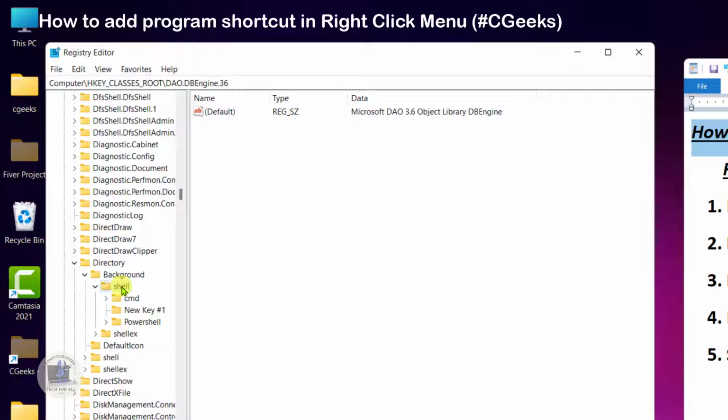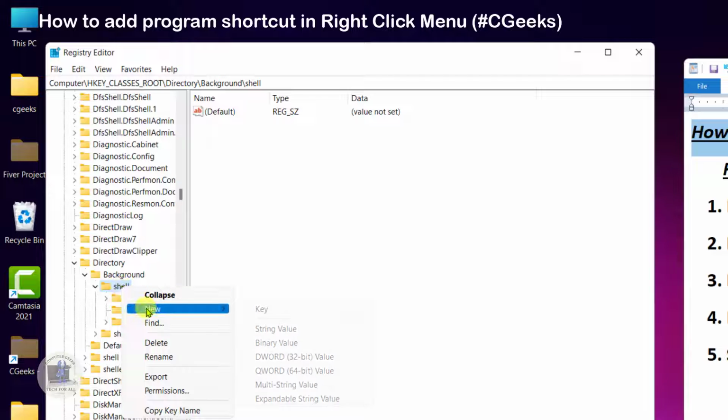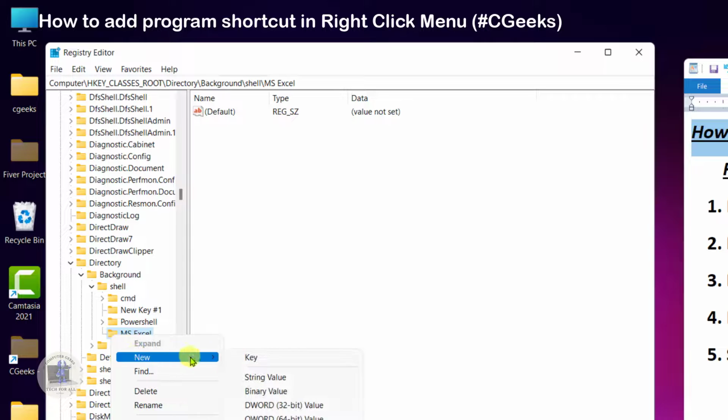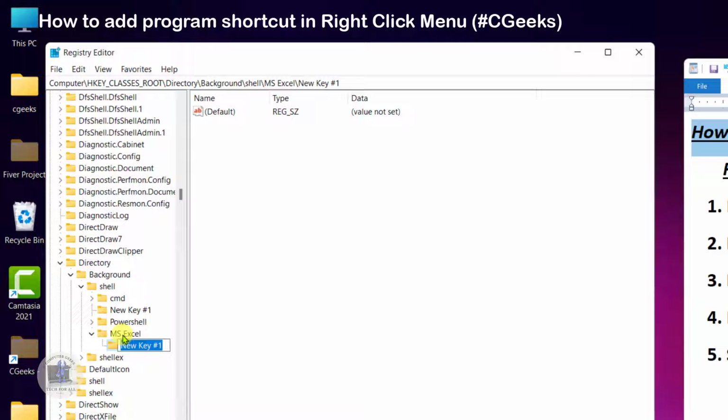Right click on Shell and create a new key. Now type the exact name for that specific program. Suppose I want to create a shortcut in the right click menu for MS Excel. Type here MS Excel. Then right click here and create a new key. Now under the MS Excel directory you need to type command, creating a key for command